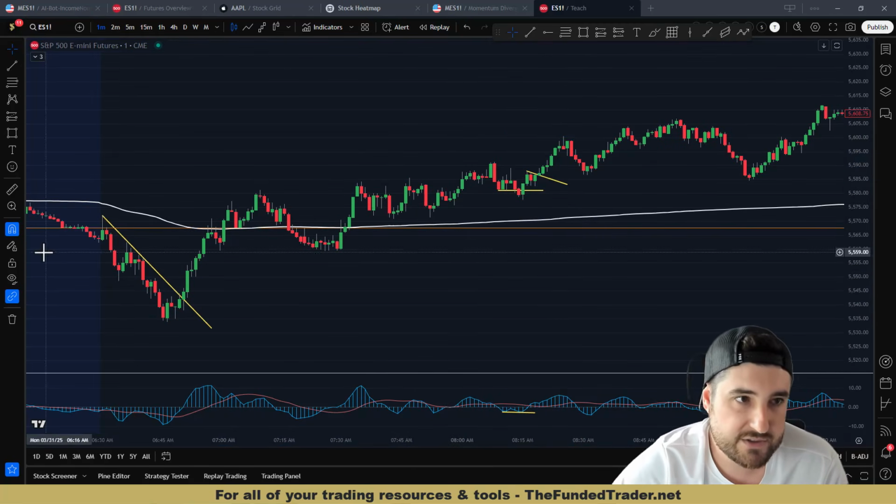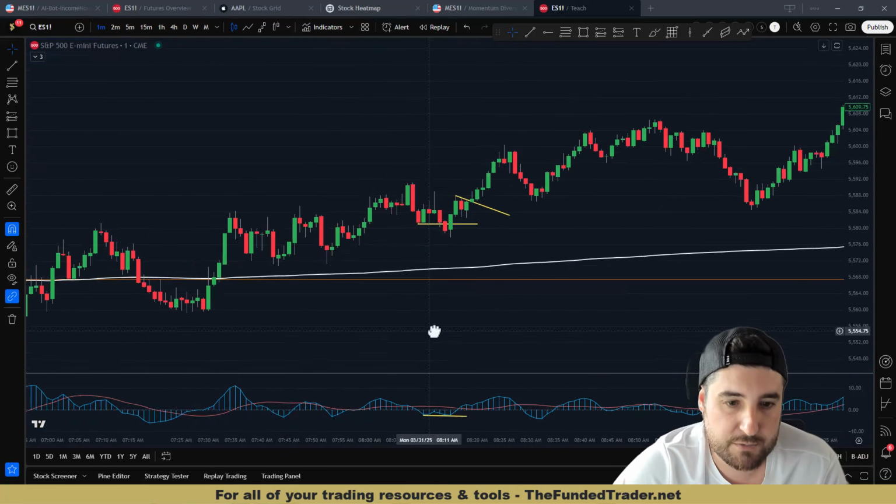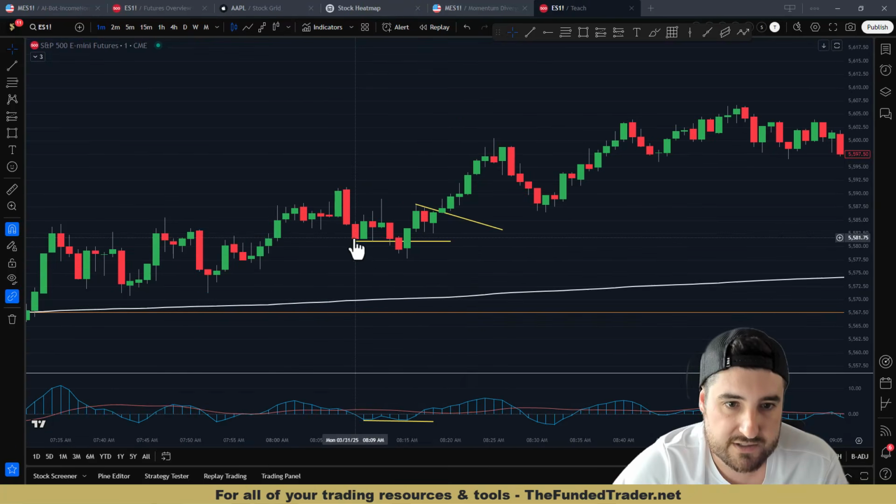So that's how you use this indicator. Again, it is LBR 310, and you're using this to spot divergence and momentum shifts. So you can see we had that stop run. Momentum's not shifting stronger to the downside. And by the time we started to break structure and form for that push, momentum was starting to shift to